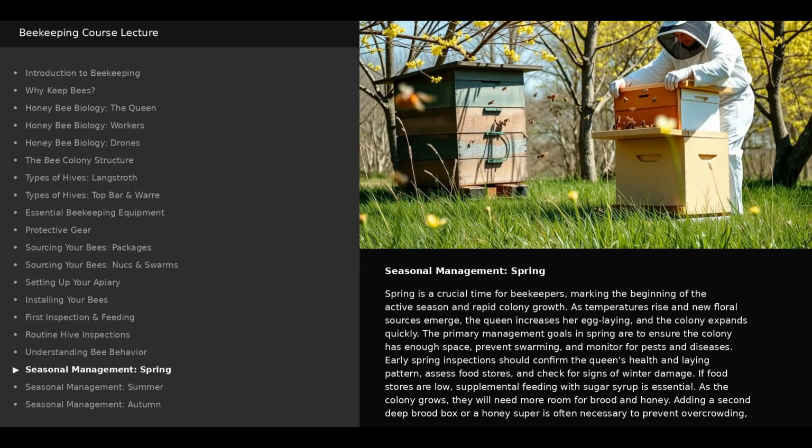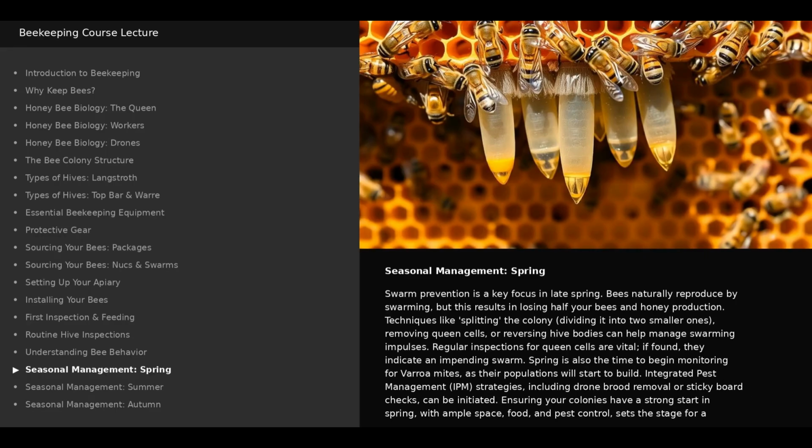trigger for swarming. This expansion provides the queen with more laying space and foragers with more storage capacity, keeping the colony content and productive. Swarm prevention is a key focus in late spring. Bees naturally reproduce by swarming, but this results in losing half your bees and honey production. Techniques like splitting the colony, dividing it into two smaller ones, removing queen cells, or reversing hive bodies can help